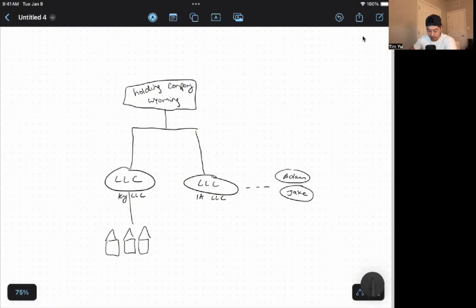So you have to imagine that these three properties are owned by this Kentucky LLC. And let's say something bad happens and they want to sue somebody. Obviously, Tim is the owner of all these structures and entities, and house number one is trying to sue me, trying to sue the owner. When they look me up, they're going to see this LLC as the owner, and then they're going to realize that's not actually the owner of the LLC, right? The actual owner is not Tim. The actual owner is another LLC in Wyoming.